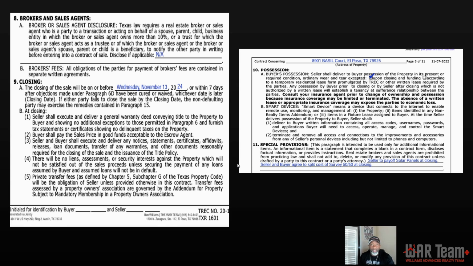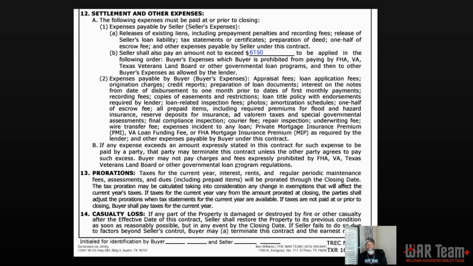10B talks about smart devices. Smart devices is huge right now because we've got all this stuff, houses run by smart devices. I had a situation where the refrigerator talked and told you if the milk was spoiled and all this other stuff.